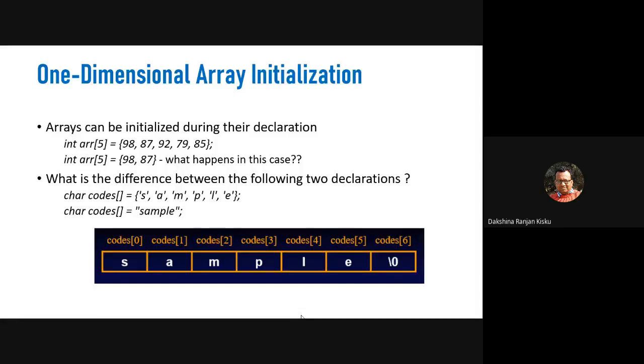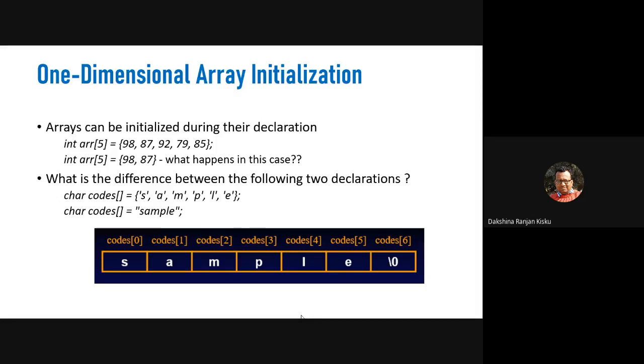So how do we make the one dimensional array initialization? If I write int arr[5] equals these 5 elements, written within a pair of curly brackets, we can print these elements by using the printf function, and before that we need to write a for loop. If I write a for loop, then we get these elements printed in the output.